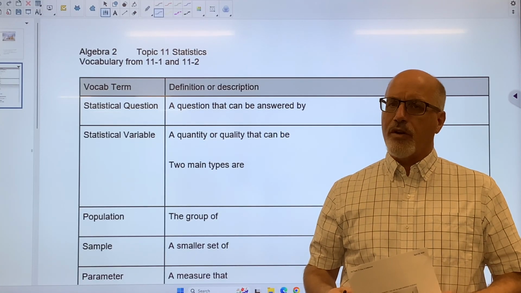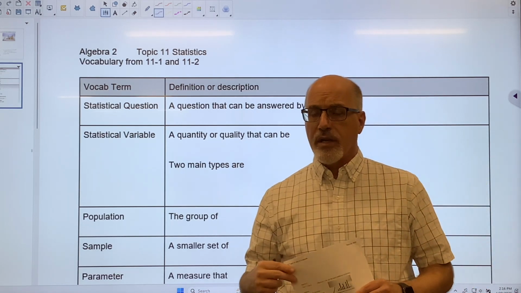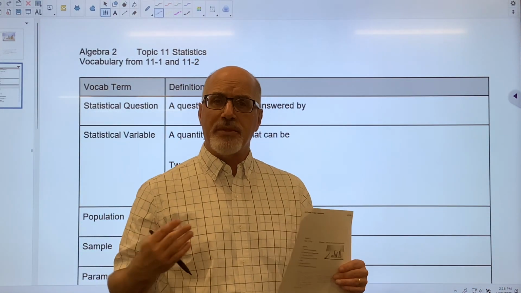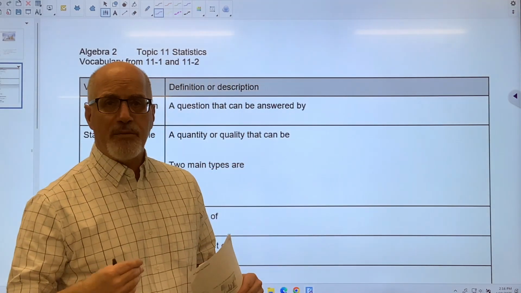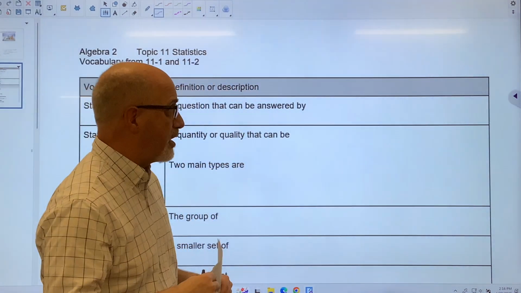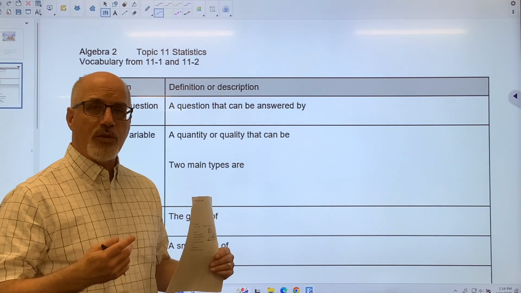We're going to start our lessons on statistics by covering some vocabulary. The vocabulary is very important for statistics because it helps us determine oftentimes the method of how we're going to gather data and information. So when we look at these, we want to make sure we can make distinctions between different